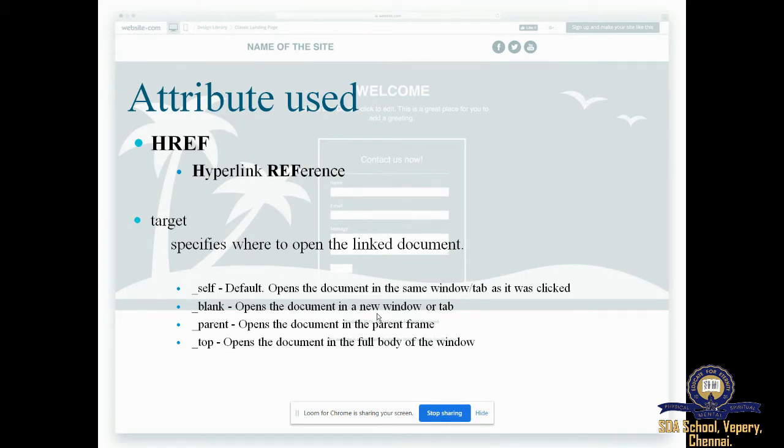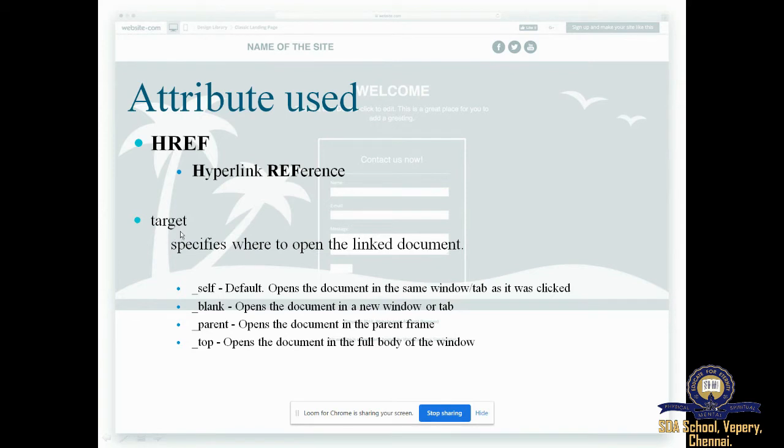We are going to link. Hyperlink is the term used for the link statements. So you are going to link, and the reference where it is being linked, that is given through this attribute href. So href is an attribute of anchor tag. Yes, good. So anchor tag is a tag used to represent your link, and href is an attribute for that anchor tag. So some more attributes you have.